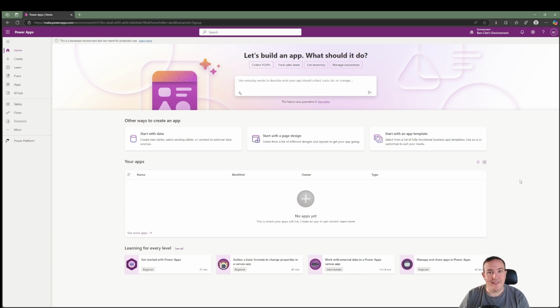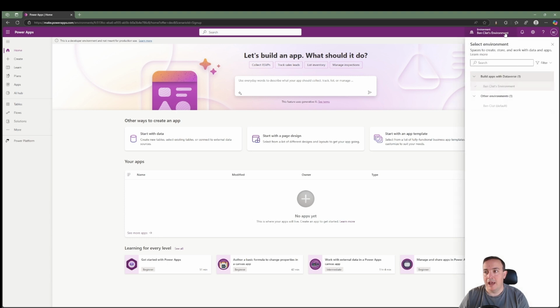So here we are. This is the Power Apps portal. This is the starting point for a lot of the work that we're going to do in Power Platform. At the top here, we've got this environment option. And what you should see is your name, environment. So in my case, Ben Clist's environment. If we click on this, you may see other environments if you are working in an existing tenant for your business. If this is a new tenant that you've just created for yourself, you're also going to see the default